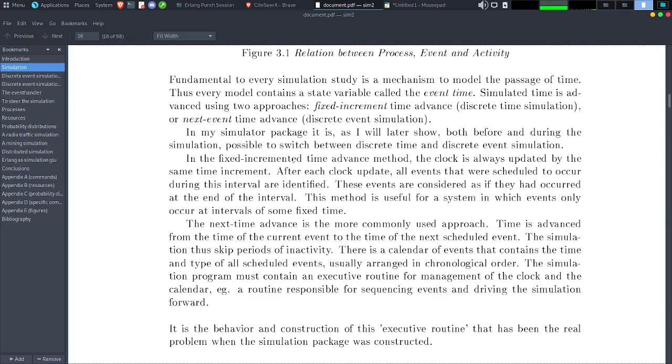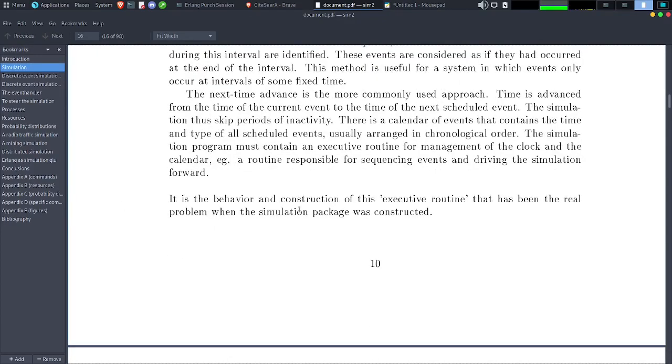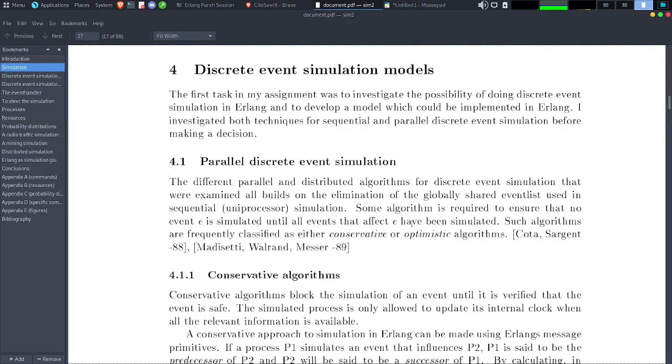The simulation program must contain an executive routine for management of the clock and the calendar, a routine responsible for sequencing events and driving the simulation forward. It is the behavior and construction of this executive routine that has been the real problem when the simulation package was constructed.